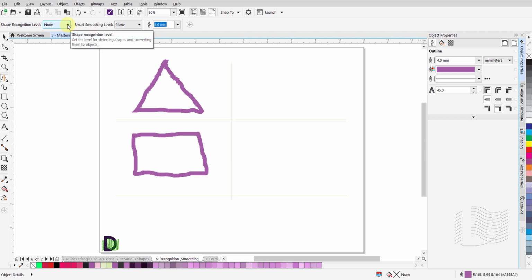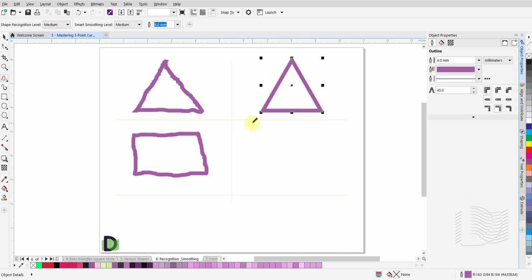Now, let us change the shape recognition and smart smoothing levels to medium. We will redraw a triangle along the same paths as the one previously drawn. After the shape recognition and the smoothing levels are executed by the Smart Drawing tool, you will see a perfectly shaped triangle with smooth straight lines.